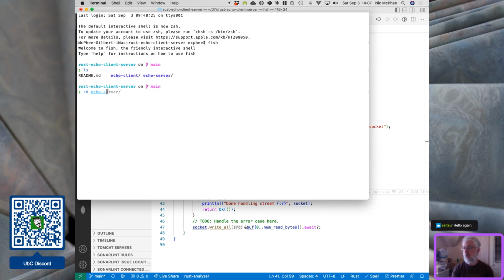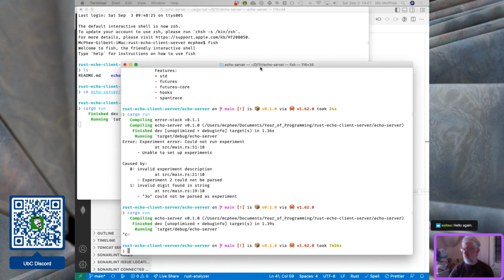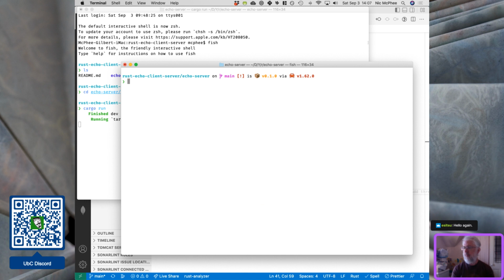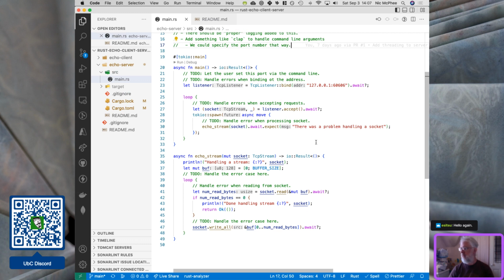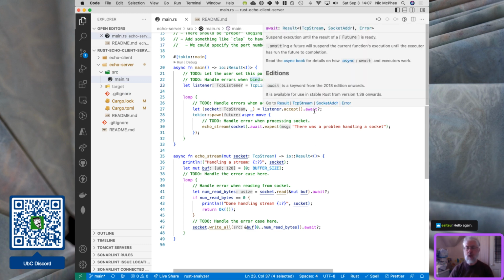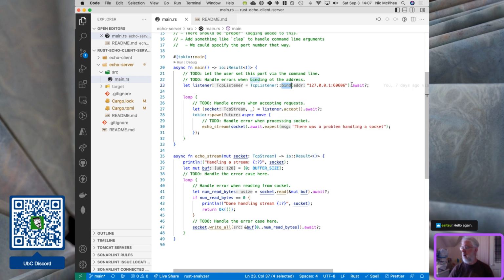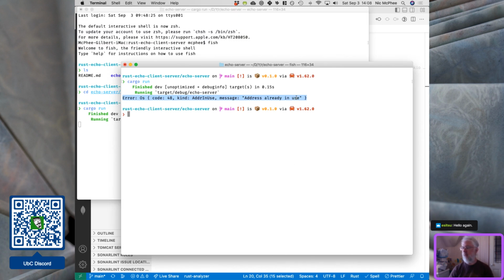If we go into echo server, and I say cargo run, and now if this is in the same directory, and I say cargo run, yeah, so we get this, and that's coming from this bind right here. So this bind fails, the question mark propagates the result error out here, so our main returns that result, the error type, and we get this rather unhelpful